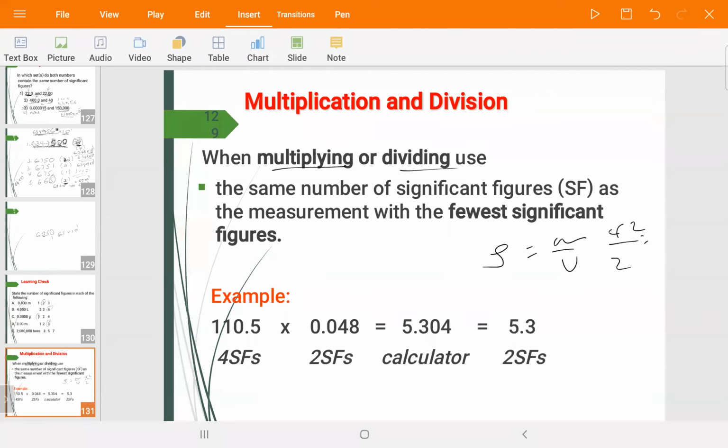Our answer must be a number that contains the fewest, or that is consistent with the fewest significant figures. So this has 1 and this has 2, so our answer will be 2. When multiplying or dividing, the answer has the same number of significant figures as the measurement with the fewest significant